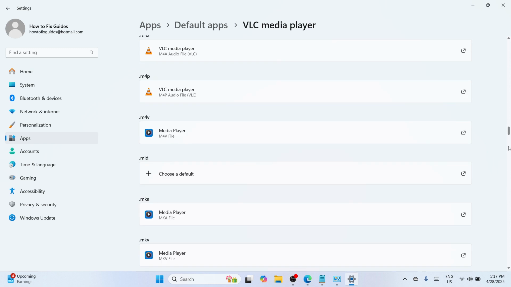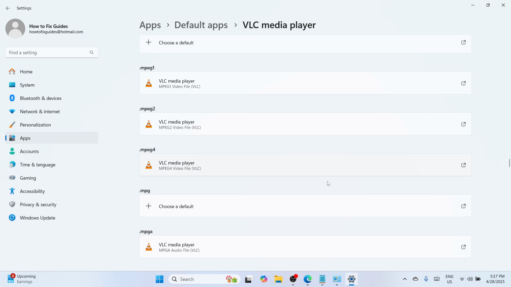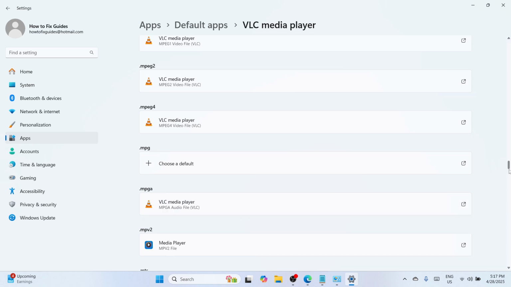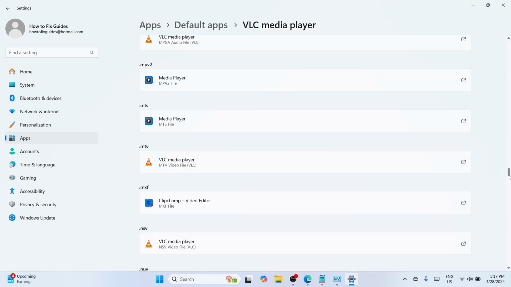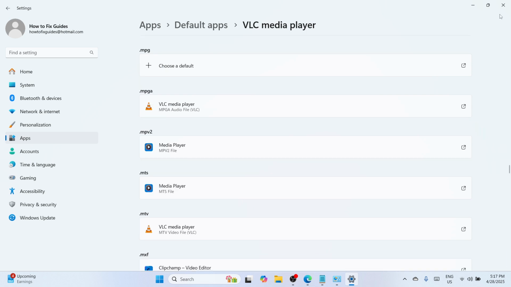So you can also scroll down and locate MP4. In my case, it is already being selected here. Okay. So as my default. So MP4, that's it. Okay, so once you're good, you can now close the window as well as this and